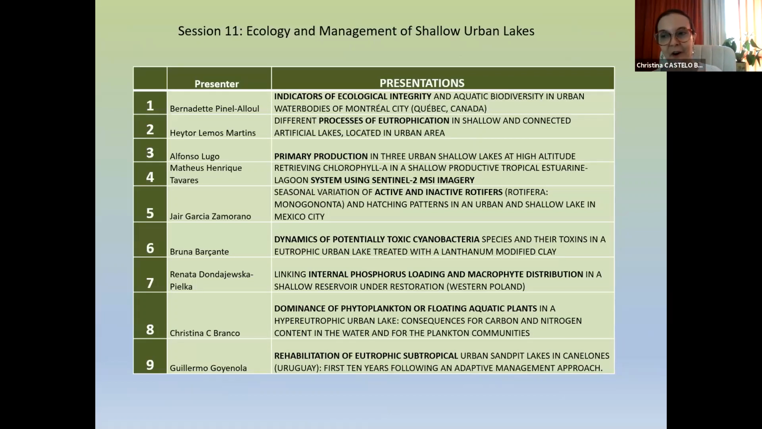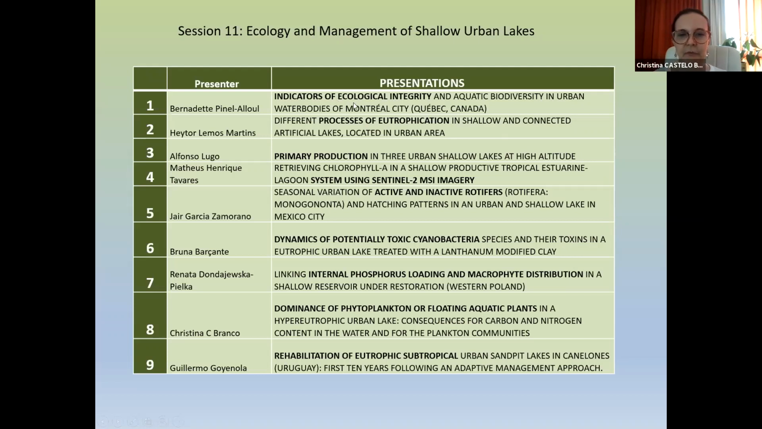So the schedule of our session will follow the schedule in the spreadsheet on the website of the shallow lake meeting. We will have 9 presentations, so we have about 10 minutes or more for each presentation. And we can see from the titles of the presentations that we will focus on several important features of these shallow urban lakes,